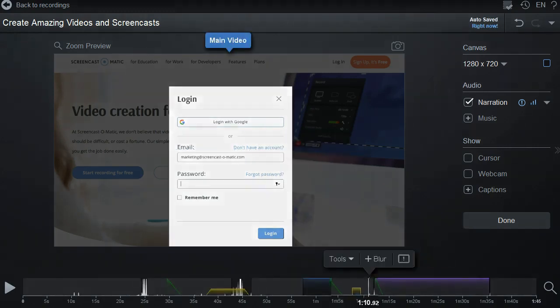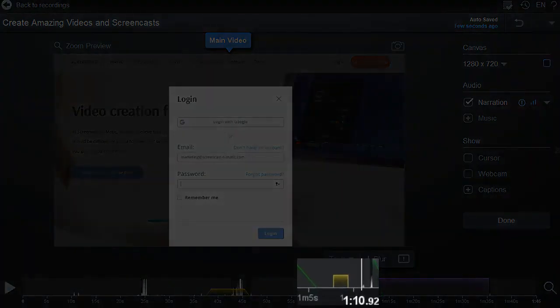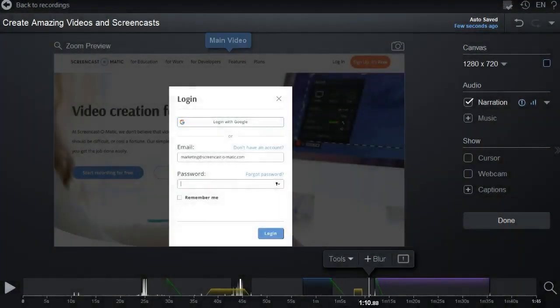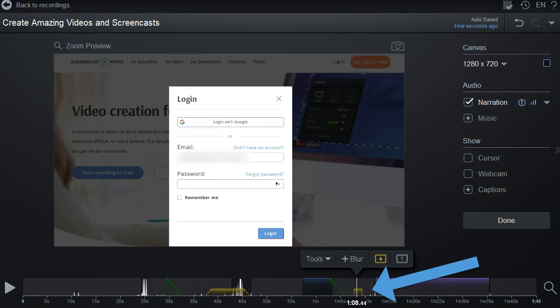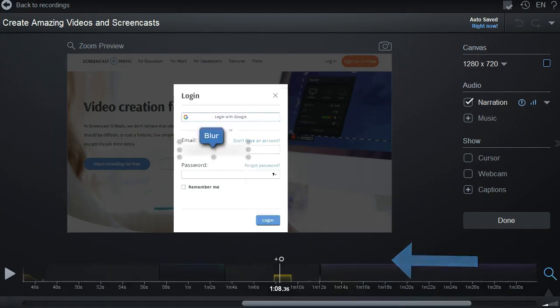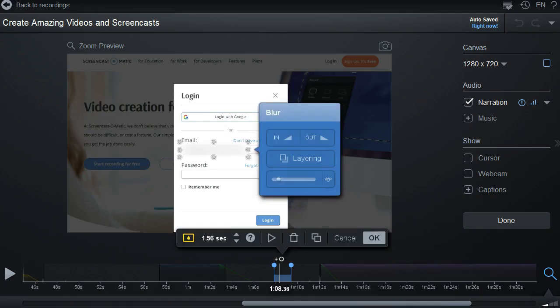After the blur is added to your video, a colored span will show on your timeline indicating the placement of the overlay. You can edit the overlay by clicking on this spot on the timeline. Click this icon, and you will be brought back to the overlay controls, or you can remove the overlay by